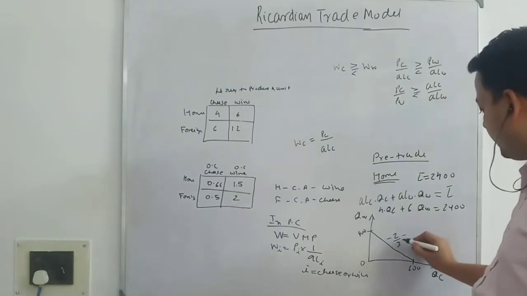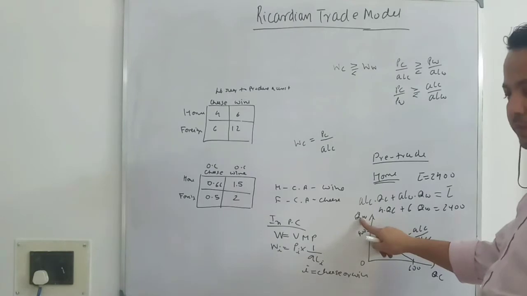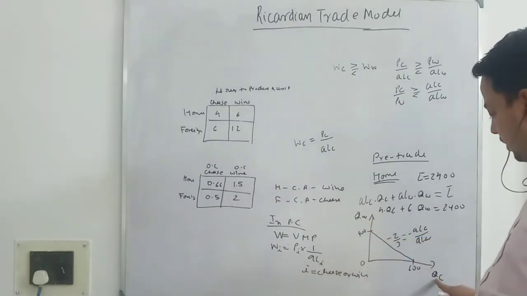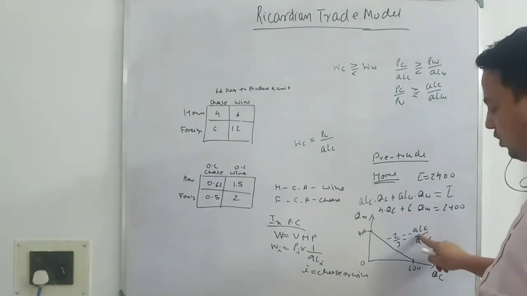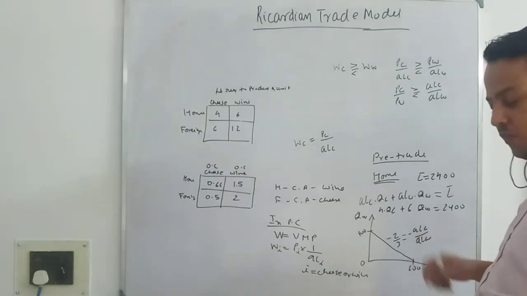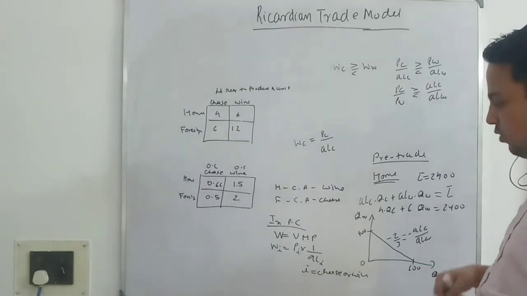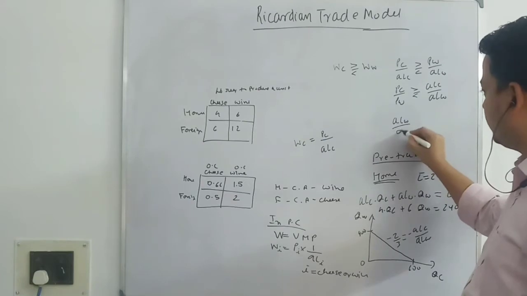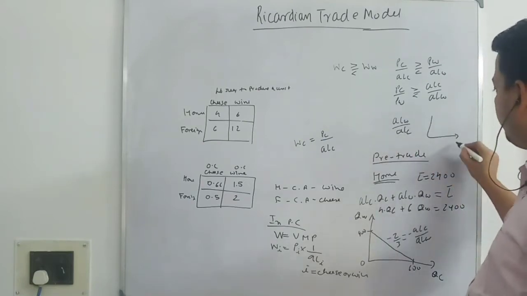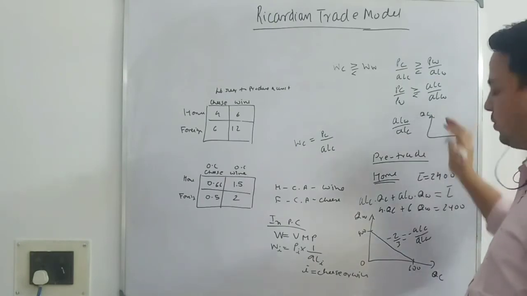See, you are getting this as aLC by aLW because you are drawing with respect to QW. So whatever quantity of that product you have, QC, that will be on the top. So we are looking at the opportunity cost of cheese in terms of wine, so on the x-axis you will be having wine. When you are doing it for wine, the opportunity cost of wine in terms of cheese will be aLW over aLC. So what will you be having here? Keep in mind, here you will be having quantity of wine, here you will be having quantity of cheese.